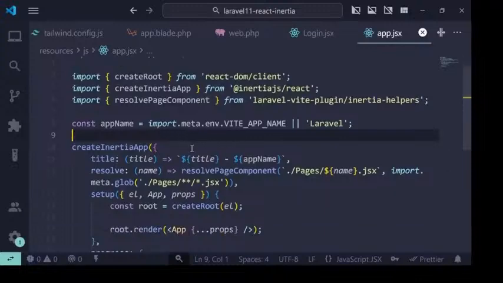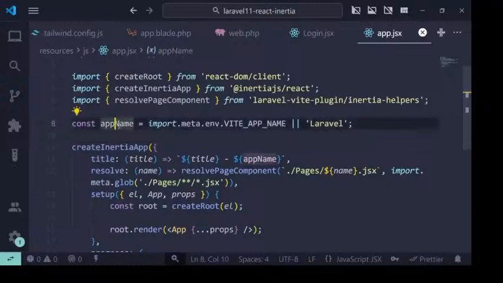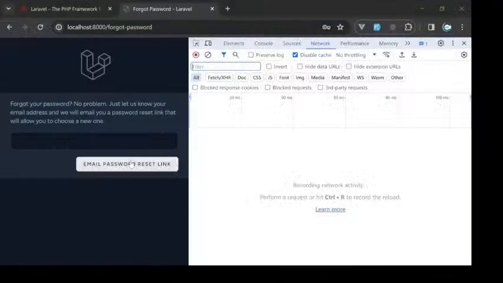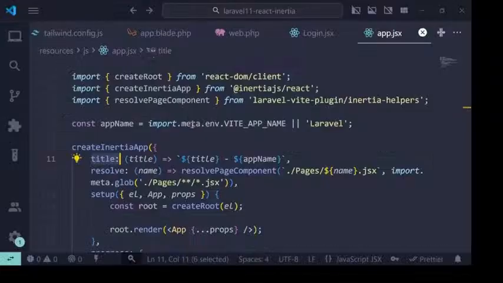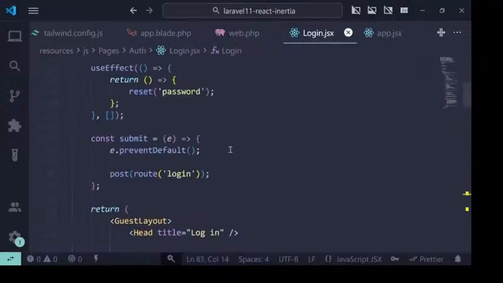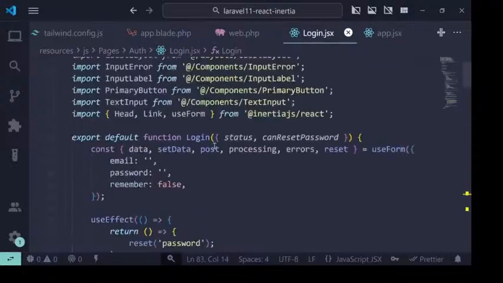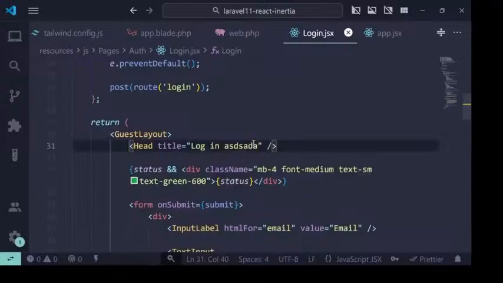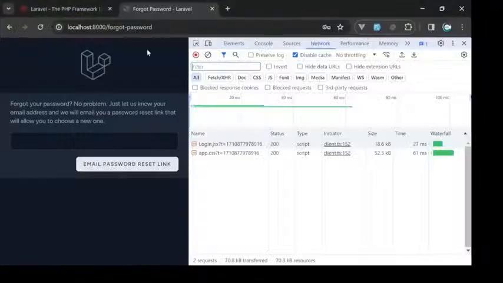If we observe this right here, we see the application name. We take this from the Vite app name, or it's going to be Laravel, and then this is how the title is generated, the title we see in the browser right here. So this is the actual title which is given right here, and the title is set from the component. Like if we open login JSX and scroll up right here, and we